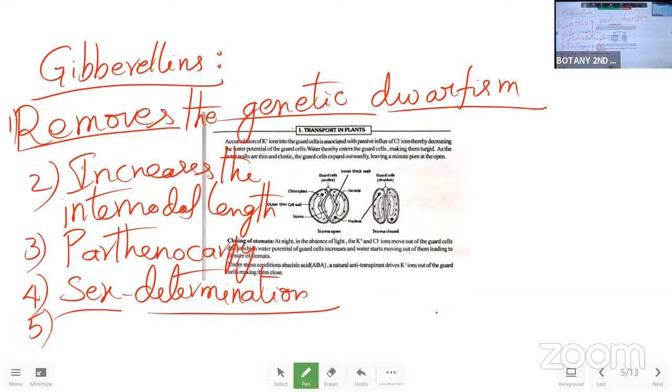And the next one is removing bolting. Without this, we can go with some useful one which you can easily remember. Okay. And the fifth point in the gibberellins is, what I can say for you very easily, it removes the seed dormancy